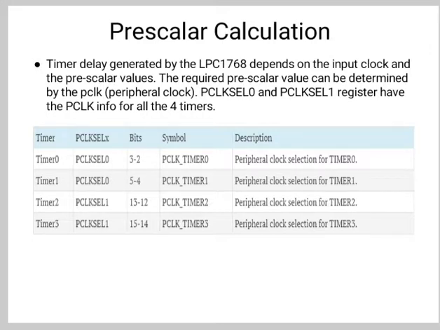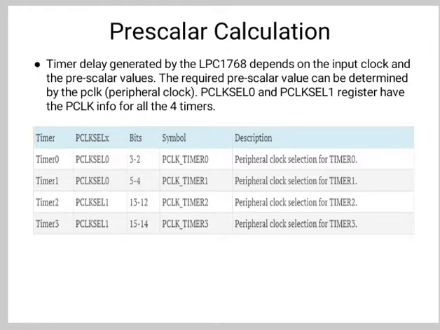Bit 0 to bit 3 in the IR register, that is the interrupt register, are for match register interrupts: bit 0 for MR0 interrupt, bit 1 for MR1 interrupt, etc. Bits 4 to 7 are for the capture register interrupts, bit 4 for CR0 interrupt and bit 5 for CR1 interrupt, etc. If an interrupt is triggered, then the corresponding bit in the IR register is set to 1. Manually writing a logic 1 on the bit of the IR register will reset the interrupt. Writing 0 has no effect.